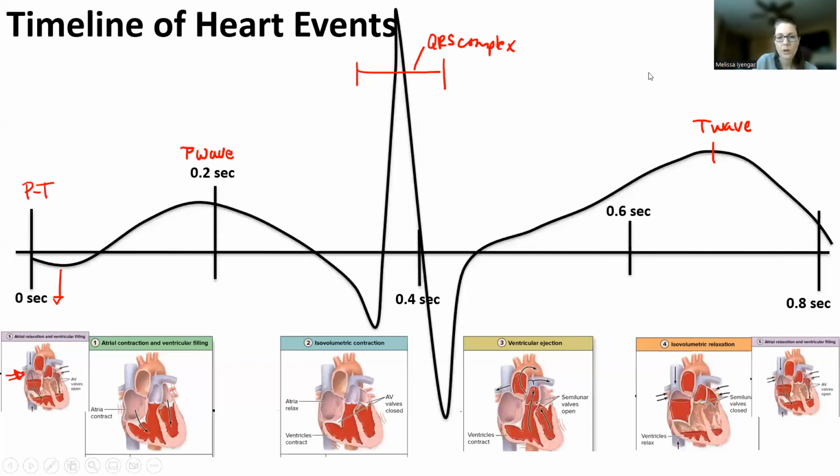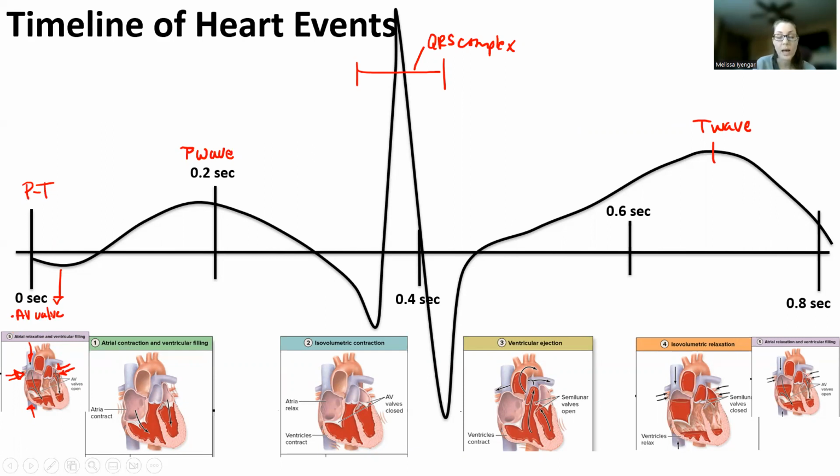Okay. So in our P to T interval, essentially, this is going to be atrial relaxation and ventricular filling. In this case, blood is going to be entering from our veins into the right and left atria simultaneously. And because we have atrial relaxation, our AV valve here